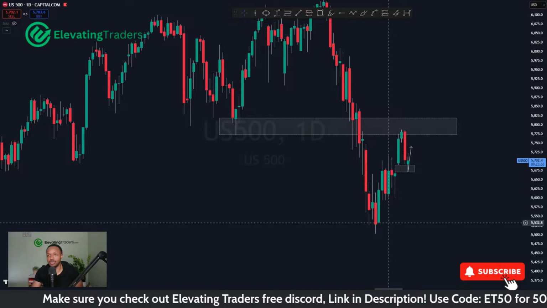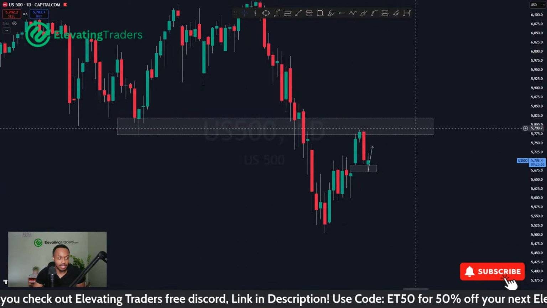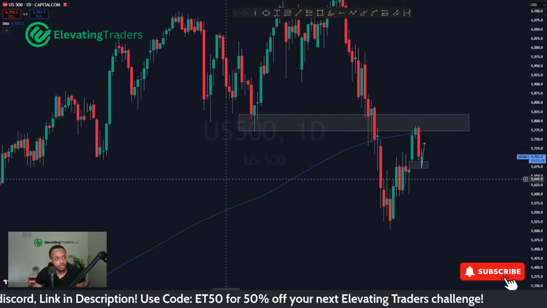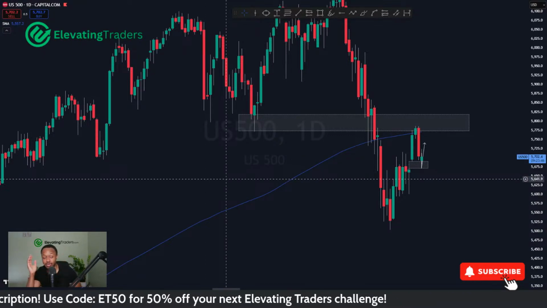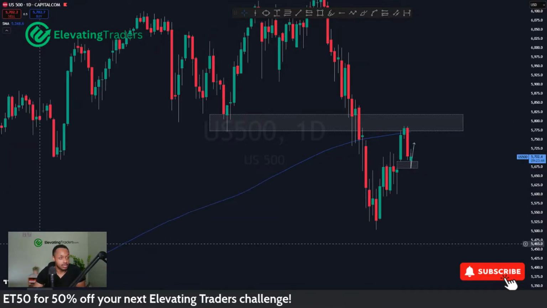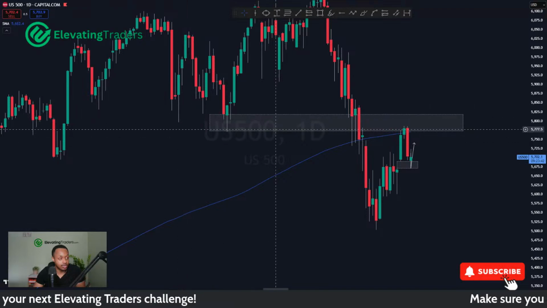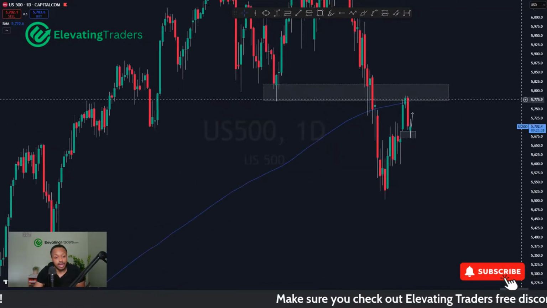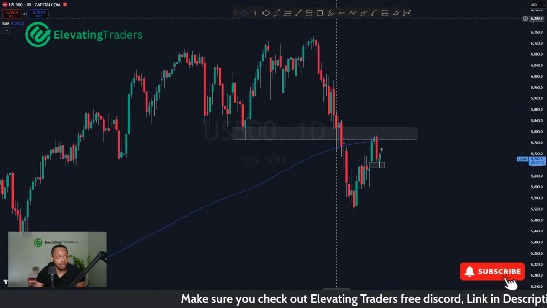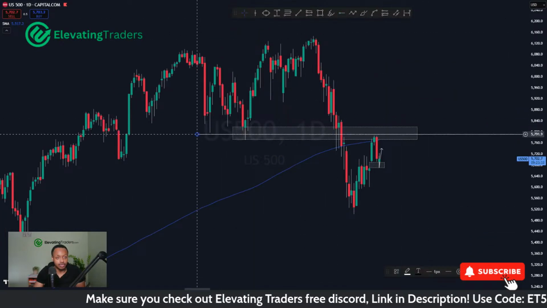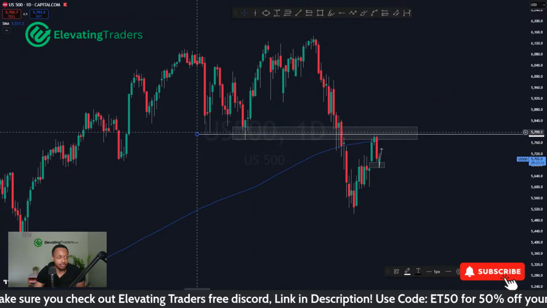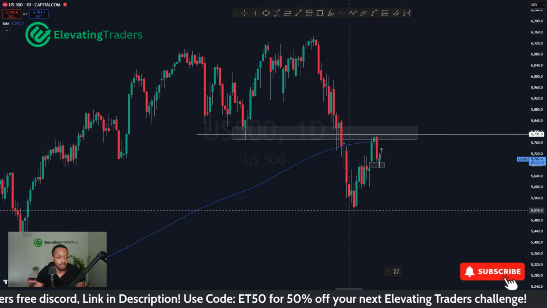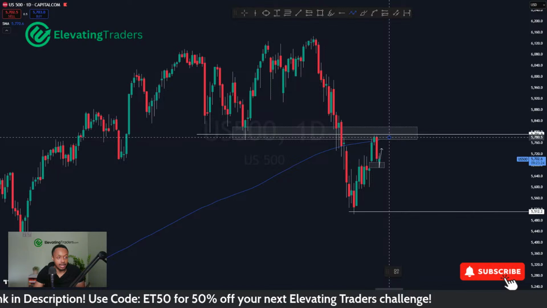You can still see a move to the upside, but because we've got that selling pressure from that level, things are a little bit awkward there. If I whip out the 200 moving average as well, we kind of hit that on the dot there. Hit the 200 simultaneously with that level, which is always a nice little confluence. I'm still pretty bearish on the S&P as well. As long as we can hold this level of support, which is around 5,800, I do think S&P can make its way back down to the swing low here and potentially further.